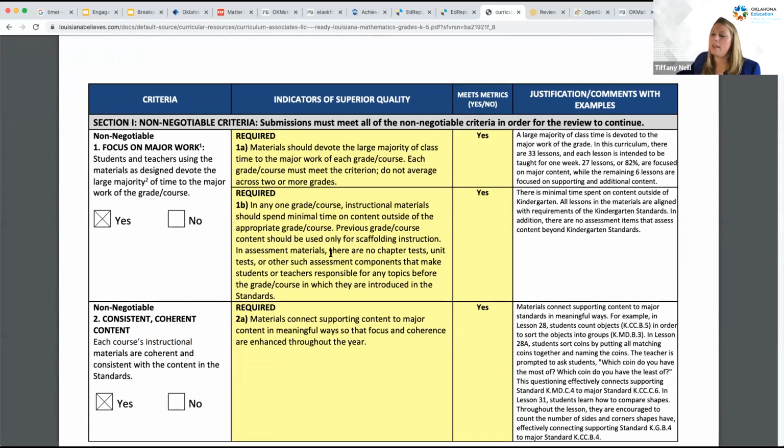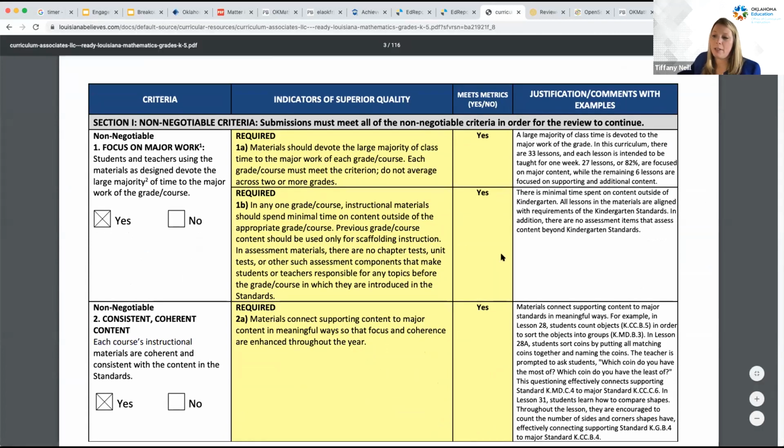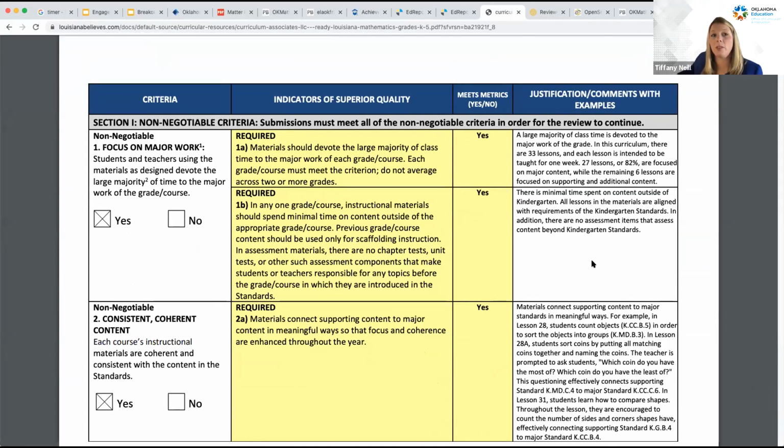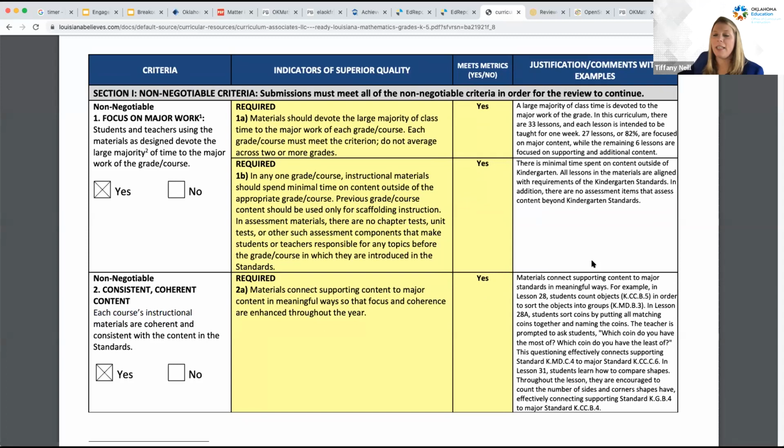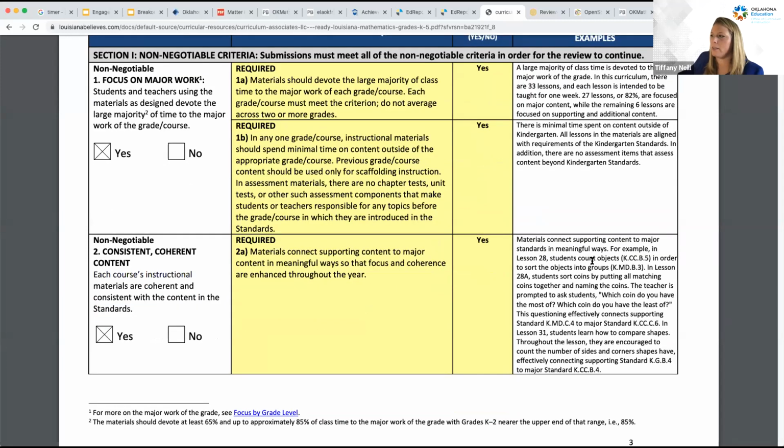You're going to see that they have specific criteria that you may be interested in, certainly alignment to standards, focus of work, coherence, consistency. But I think one of the most valuable parts is right over here, you'll see justification from these teachers about how the material is or is not high quality. Again, there are several OER resources listed, full curriculums listed, that you can take a look at these evaluations for.